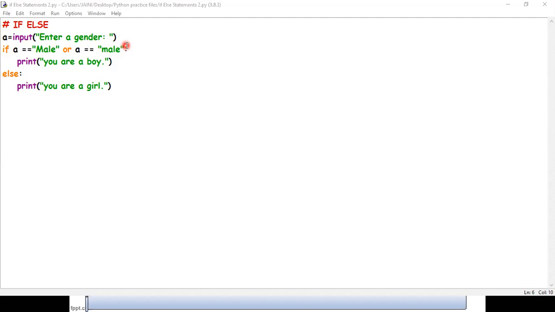Okay, so now as homework, you're going to practice three programs again. One is the male female program that you see. Second one is the odd even program that I showed you. Third one is you're going to take the age from the user and you are going to display to the user whether the user is an adult or a child.